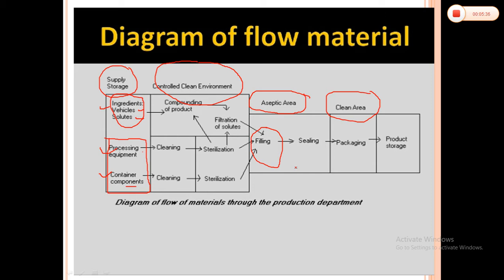Mostly, the containers we are using are packed in a polythene bag. So there may be chances of dust particles being present on that particular plastic bag. So it has to be sterilized with the help of a disinfectant, or at least you have to clean it with ethyl alcohol so that it can be sterilized properly, and only then can it be used, like the processing equipment as well as the sterilized containers that we are using for the next process.